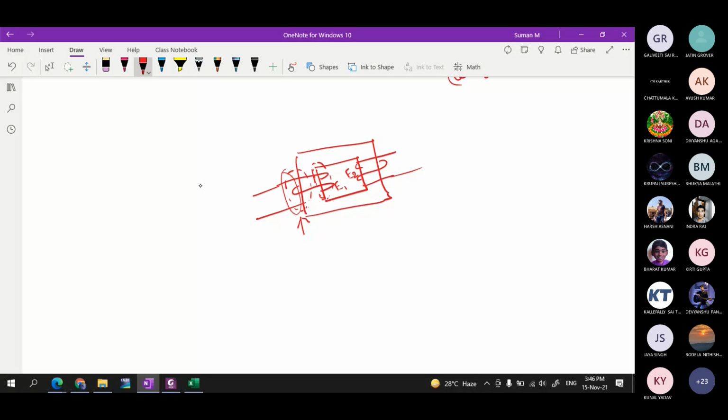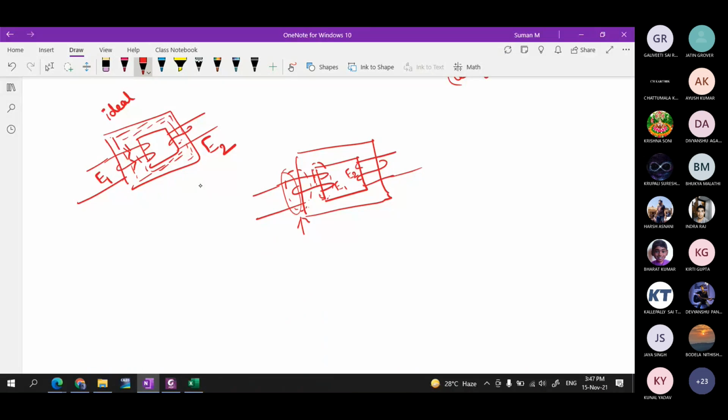If the leakage flux is not there, let's say that you are having an ideal transformer, this is an ideal transformer, this is a practical transformer, let's say. In this ideal transformer, whatever the flux established here is going to be within this magnetic core. All the magnetic fluxes will be within the magnetic core. So whatever the flux established by the primary winding will be completely linking the secondary also. Because of this, some EMF is induced, let's say E1, E2. Okay, so this is an ideal condition.